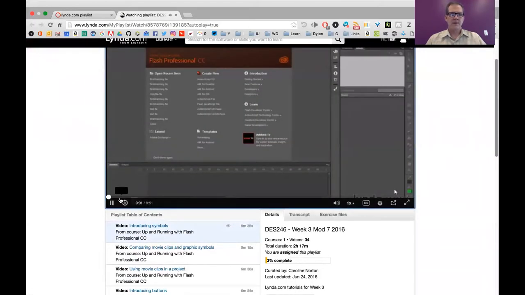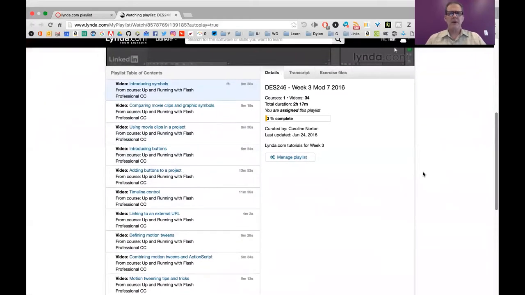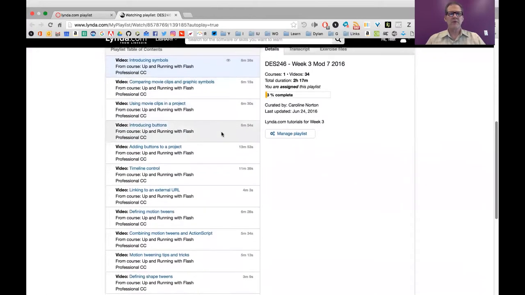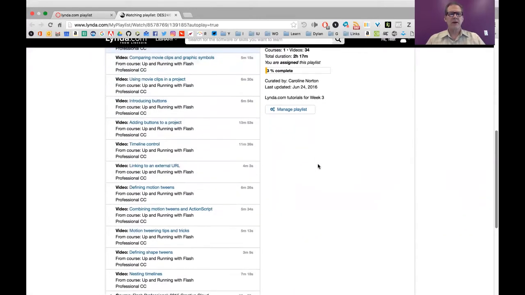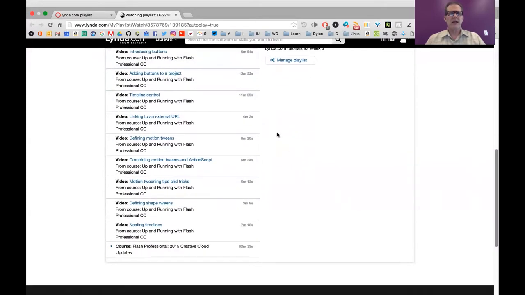One core concept that you'll use over... So the items in the playlist here are introducing symbols. We'll talk again about symbols tonight. Comparing movie clips and graphic symbols, using movie clips in a project. Introducing buttons, so that will help with the start and stop. Adding buttons to a project. Timeline control. Linking to an external URL, which could be possible with the